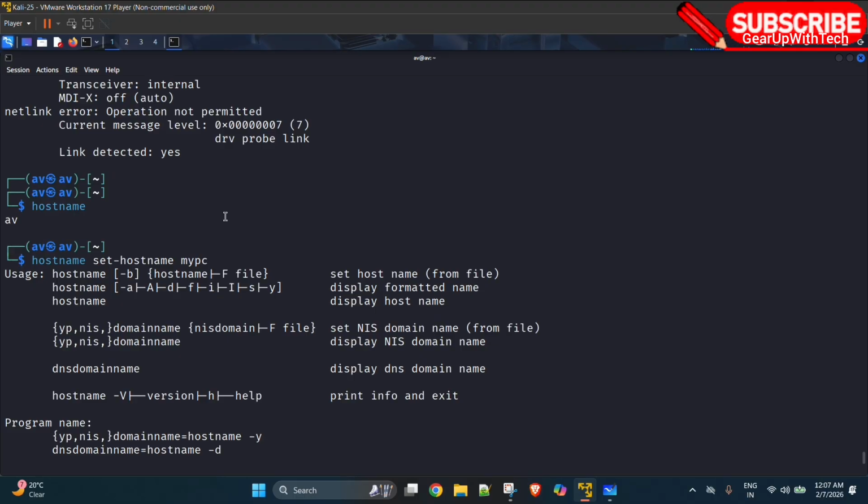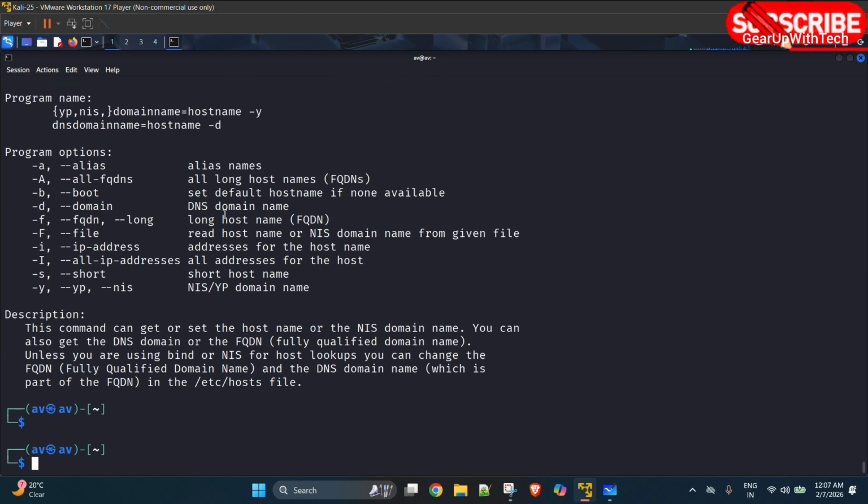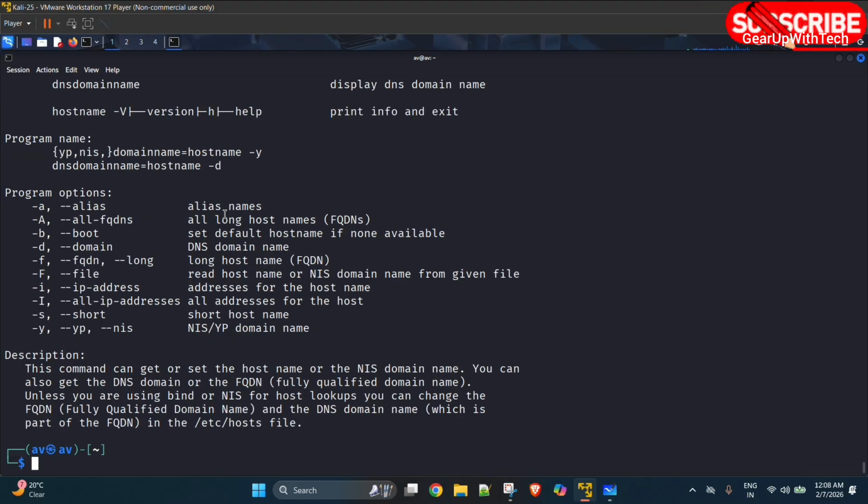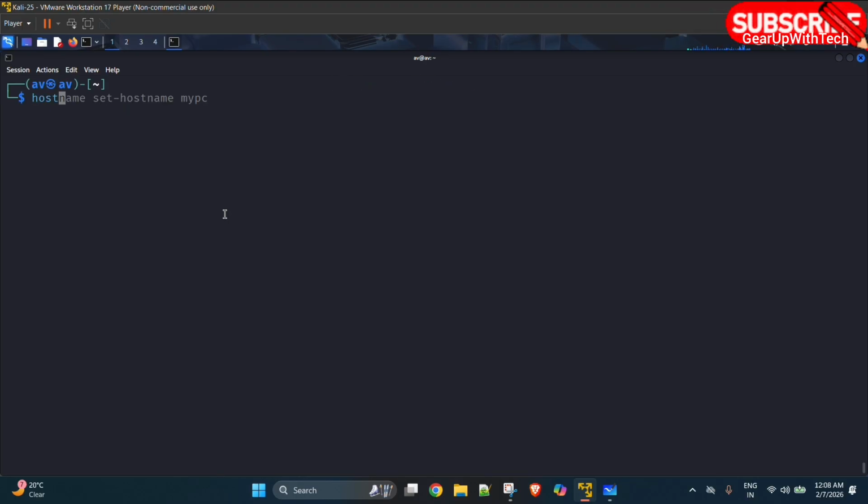Okay, might be due to a space. So my bad. Hostnamectl, then space, set-hostname, and give the new name